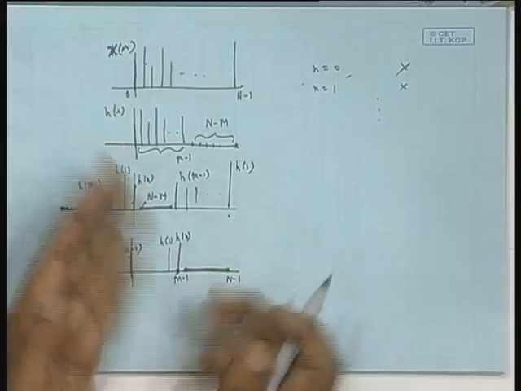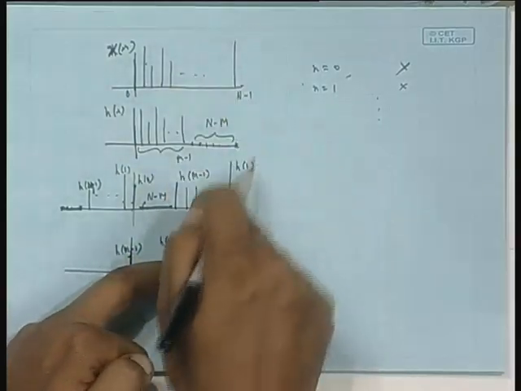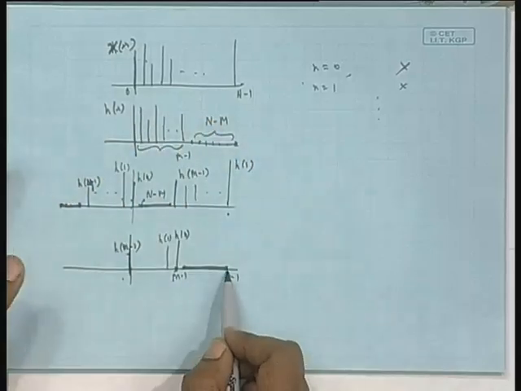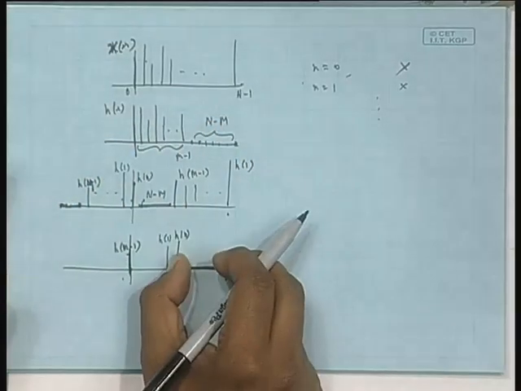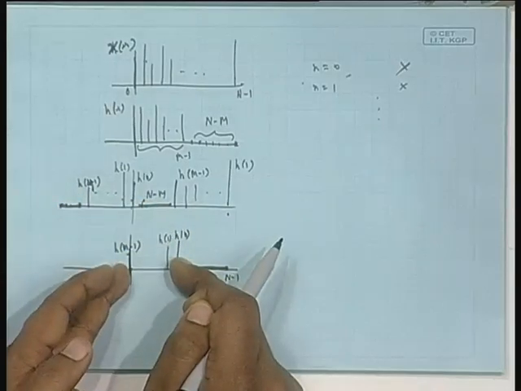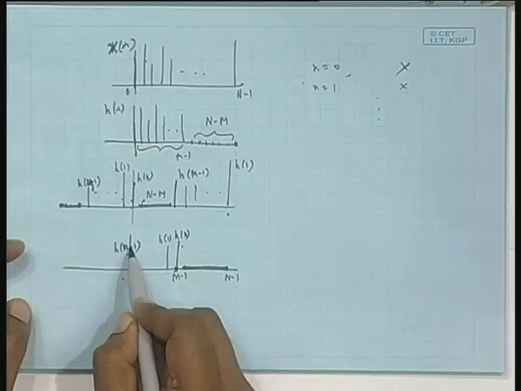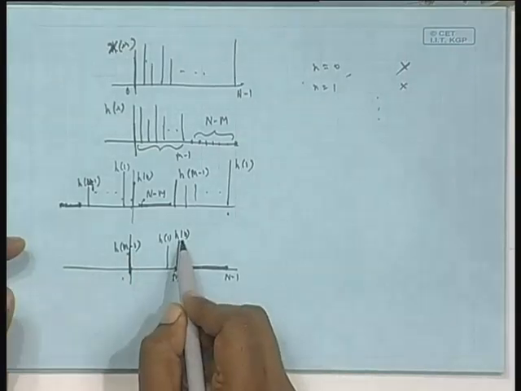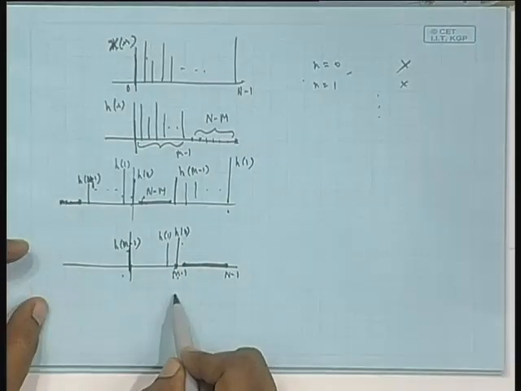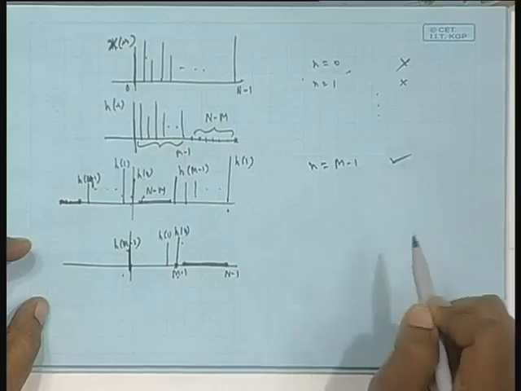Okay. Earlier, to the right of the 0 pad I had some samples, they are multiplying with samples from here, they are creating trouble. But now, this is finally pushed to this length n minus m, total is n. So, how many samples here? M means the entire block has come here. So, H 0 to H m minus 1. So, at the 0th location m minus 1 is the sample, at the m minus 1th location 0 is the sample, is it not? So, this will give you the output from n equal to m minus 1 onwards, correct output.